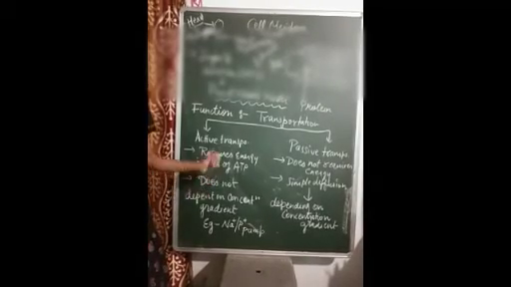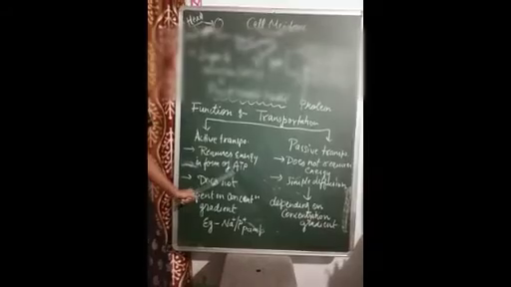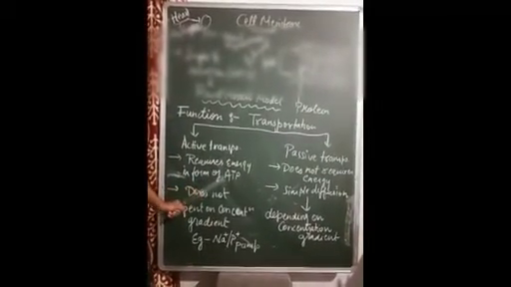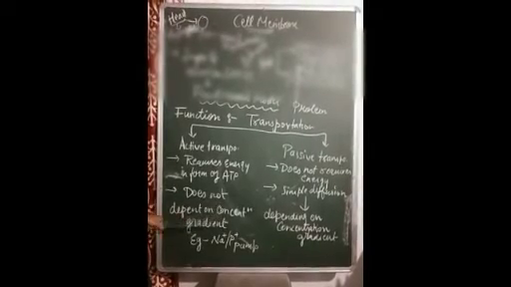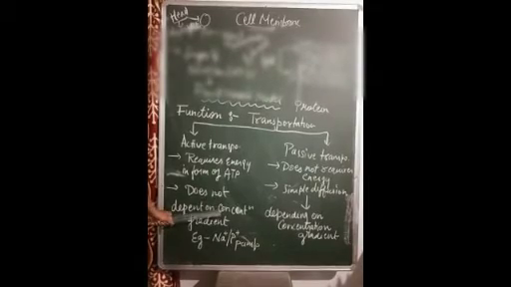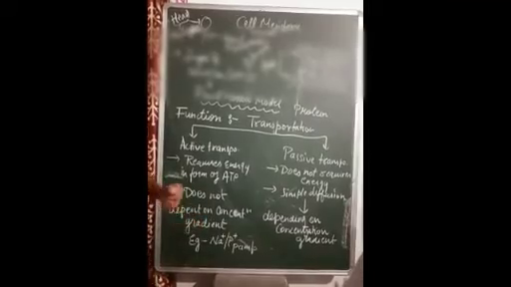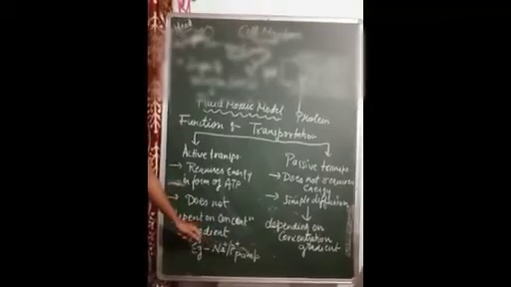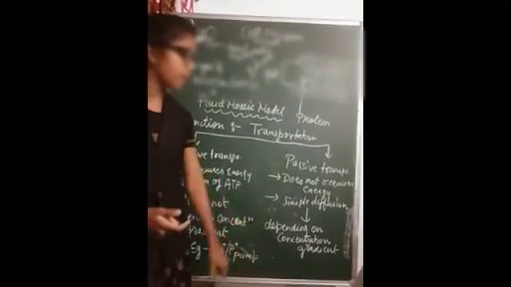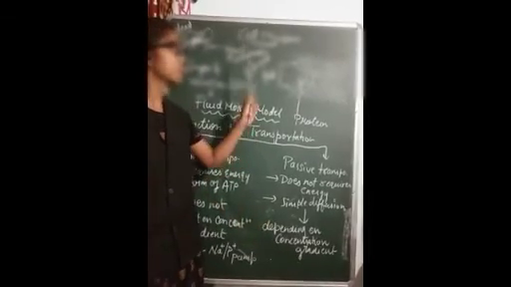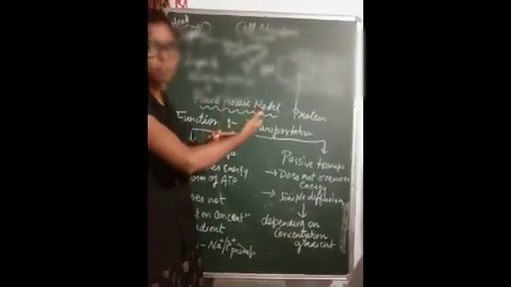ATP is adenosine triphosphate. This is the kind of energy required for active transportation or the exchange of material. So it does not depend on the concentration gradient, unlike passive transportation. An example is the sodium potassium pump. We will study the sodium potassium pump in detail in a further chapter, student. For passive transportation, the example can be the exchange of gases or water molecules. Okay student, I hope this portion is clear. Next I will explain further.